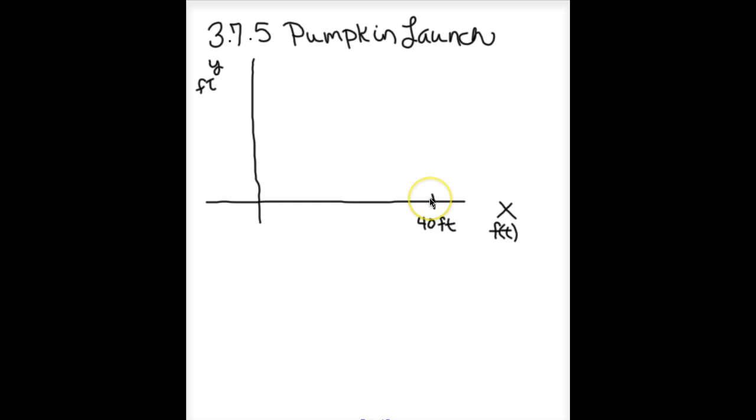But it's important to know that that is the point (40, 0). It's an x-intercept, obviously, of the graph. And we started at a distance of 0 feet. And then it's really important that it says,